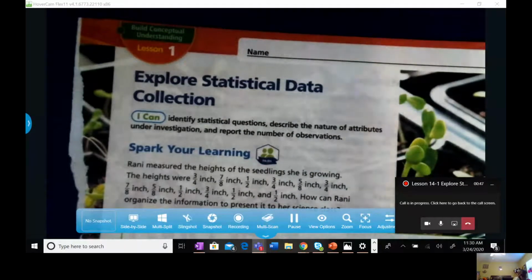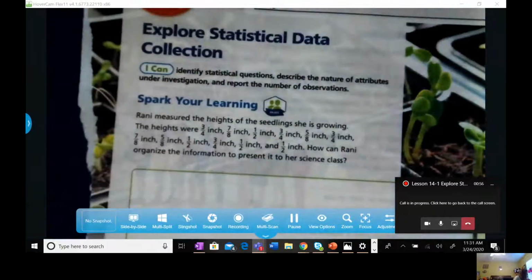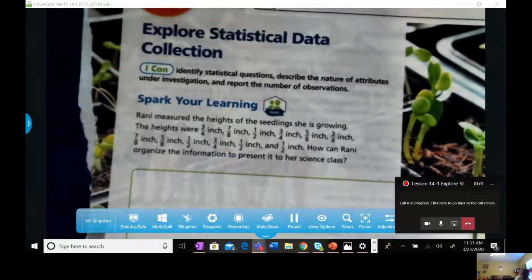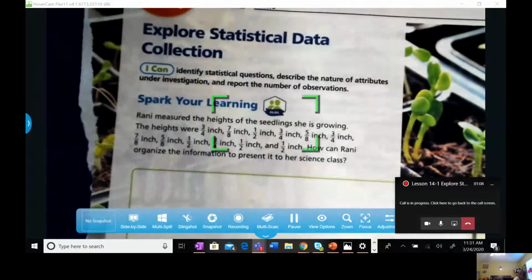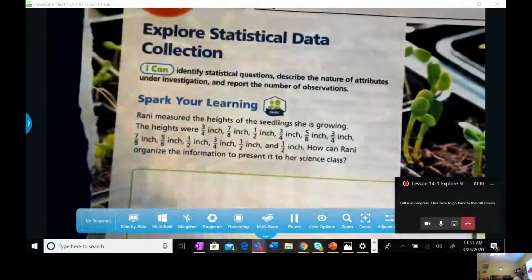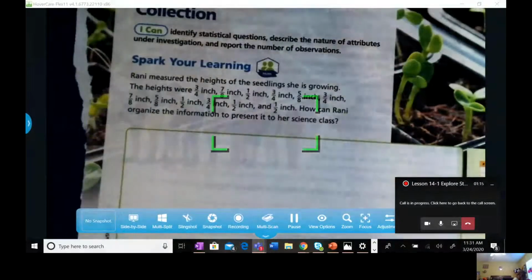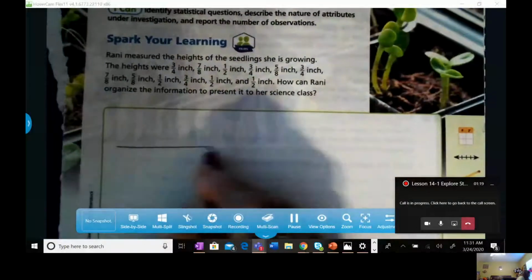It says Rani measured the height of seedlings she is growing. The heights are 3/4, 7/8, 1/2, 3/4, 5/8, 3/4, 7/8, 5/8, 1/2, 3/4, 1/2, and 1/2. How can she organize the information to present it to her science class? So there's one way you could do that. You could take all that information and put it in order from least to greatest using a number